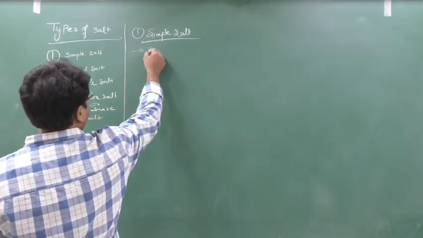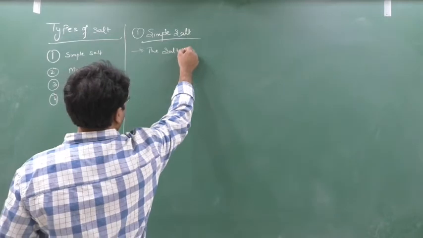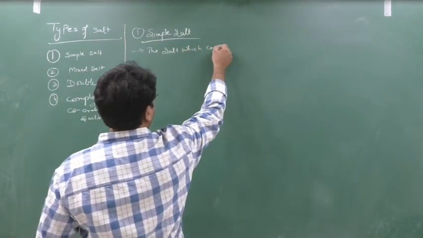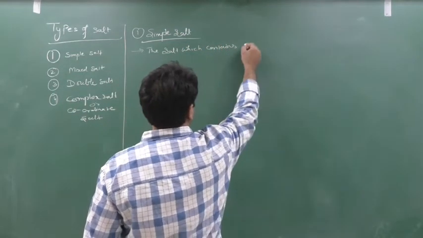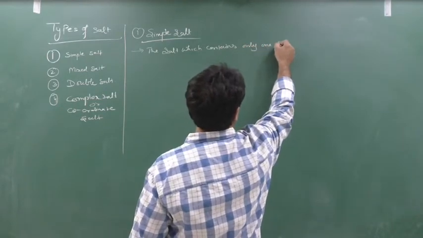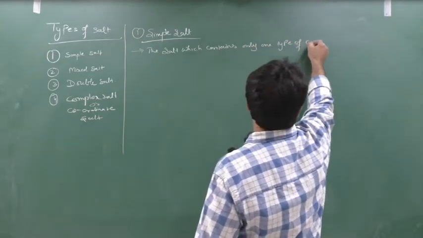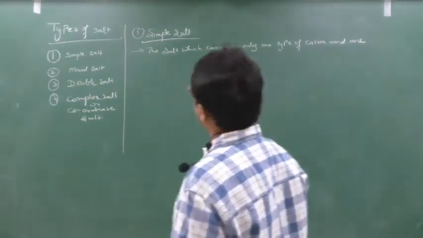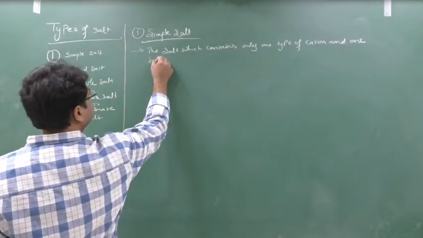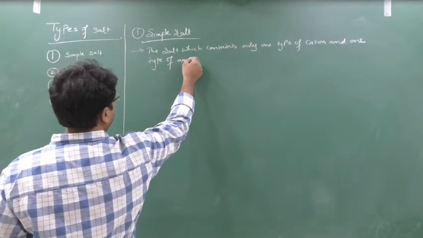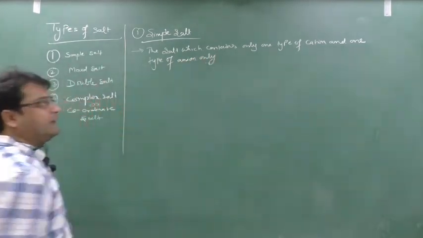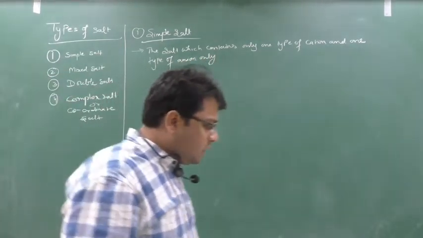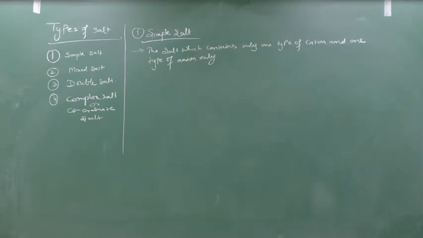The salt which contains only one type of cation and one type of anion only. So this type of salt we say is a simple salt. Clear? Example: